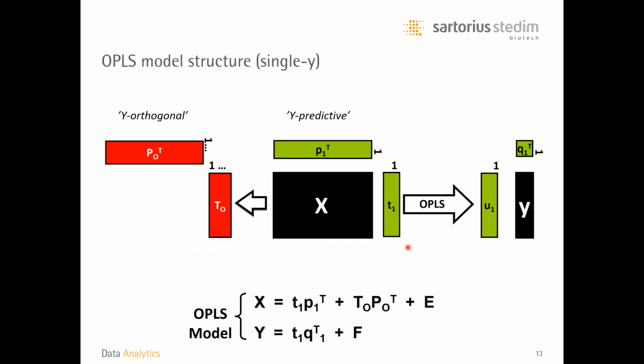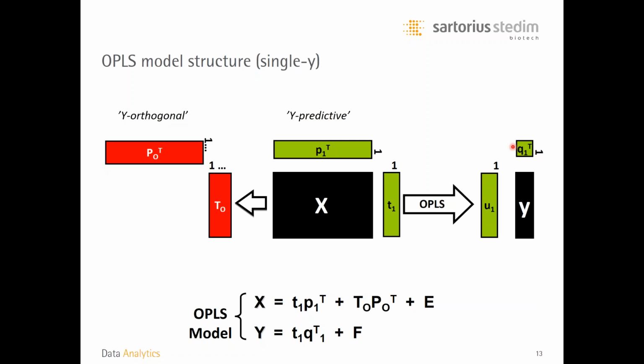If we zoom in on the OPLS model structure for the single Y situation, this ability of OPLS to partition the X information in two parts means we get two types of components in the OPLS model. We will have, for the single Y situation, always only one predictive component, which will have a score vector T on the X side and a score vector U on the Y side. We will have a loading vector for the predictive component where the loadings are called P, and on the Y side we will have just one single loading element which we call Q,